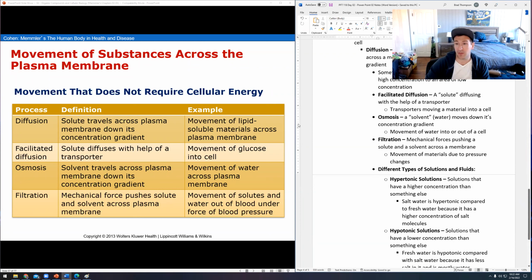This is where, if you've ever taken a slice of bread and dropped it into water, it'll sit there for a moment, right? But then eventually all the water starts rushing into the bread, because there's a high concentration of water in, let's say, the Tupperware that you're using to do this experiment in, and there's very low concentration of water inside the bread. So what'll happen is the water will rush in there until the concentration on both sides is equal. So that's osmosis.